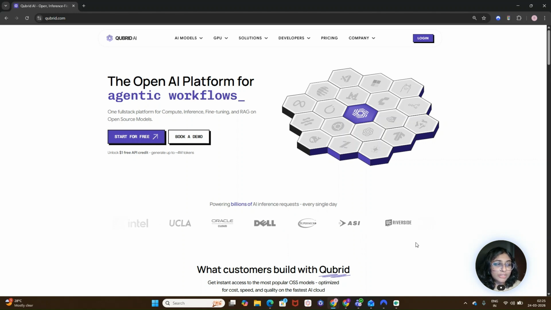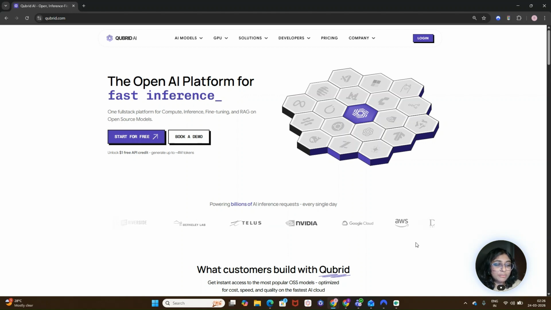In today's video, I'll show you how you can use the Qwen Coder Flash model on the Kubrate AI platform for fast and efficient code generation. We'll also compare it with Qwen Coder Plus and Qwen Coder Next so you know exactly which model to use for your use case. If you are a developer working on AI coding assistants, automation tools, or rapid prototyping, this video is for you. So make sure that you watch till the end.